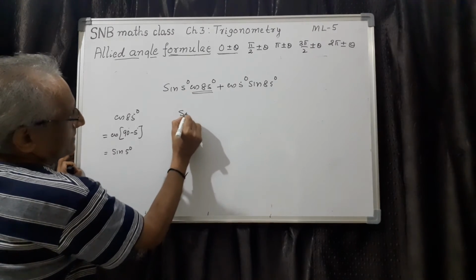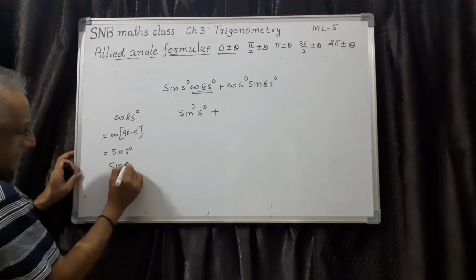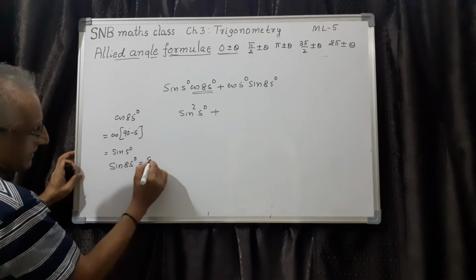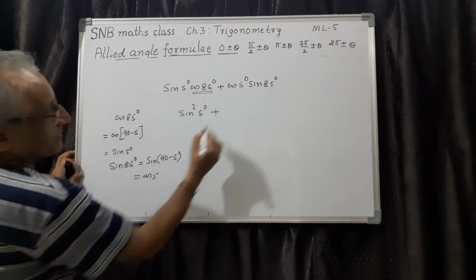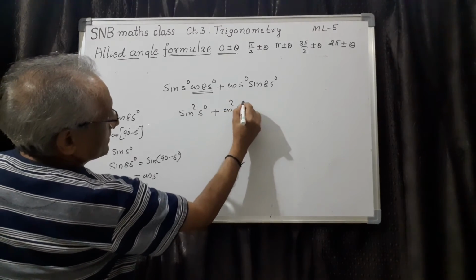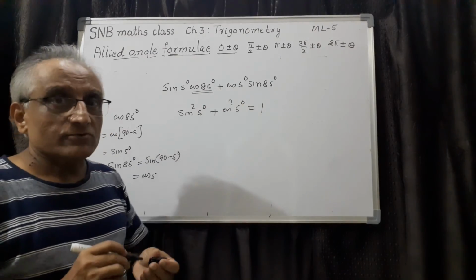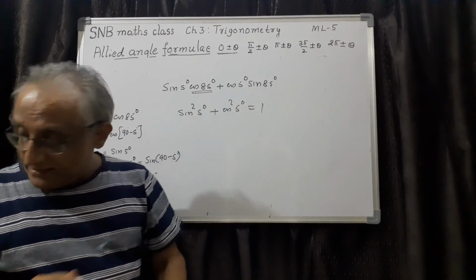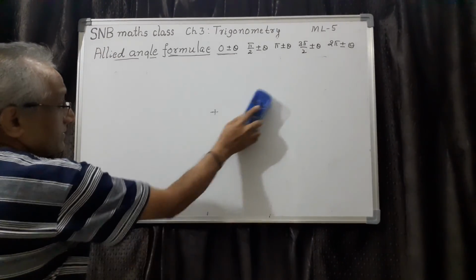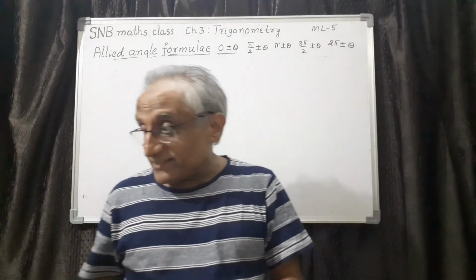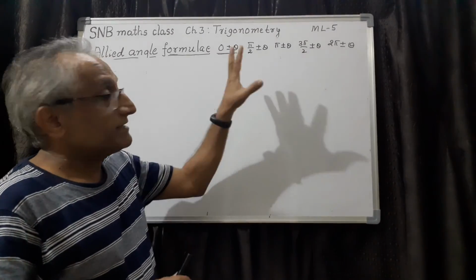So these two, therefore it is sine square 5 degree plus, same thing here you see sine 85, same thing you can write sine of 90 minus 5, this is cos 5. So what happens? This becomes cos square 5 degree, that is 1. So there are many such interesting relations you can prove, properties you can prove using the allied angle. I think this is sufficient. This is another important basic idea which you have to remember all through trigonometry, because further also it is required. Of course, in the main supplementary lesson we shall work out examples based on this.